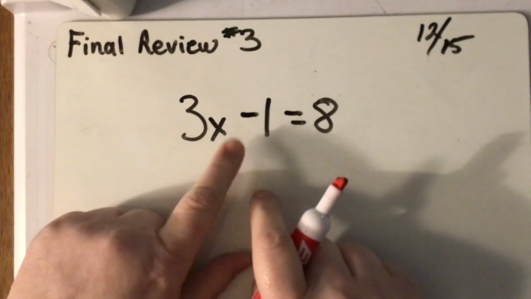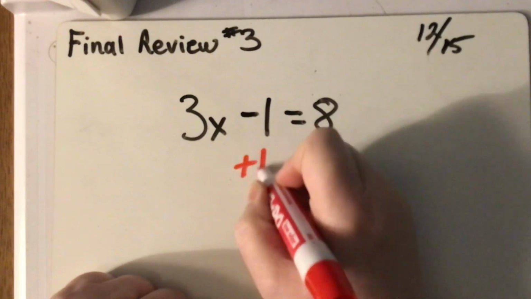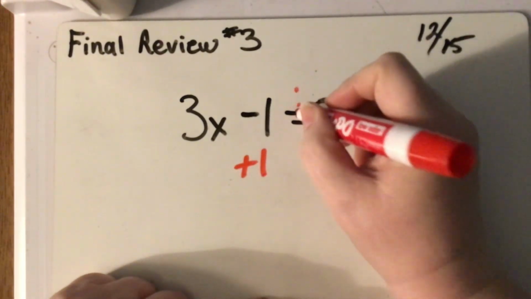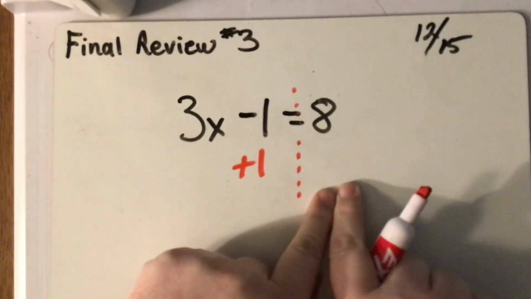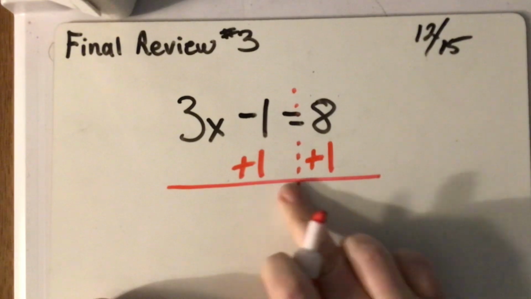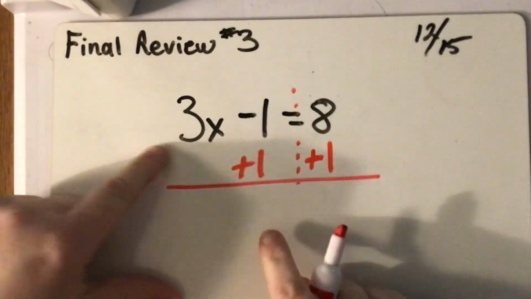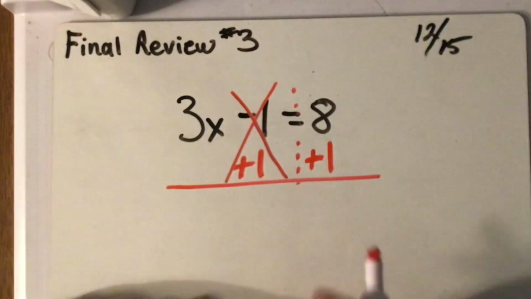What's the opposite of minus 1? That's right, it's plus 1. Here's our little line again. Whatever we do to one side, we have to do to the other. Plus 1. All right, let's see what we've got left. We have minus 1 and plus 1. Those guys cancel each other out, so we have